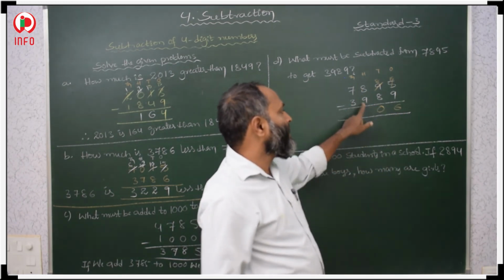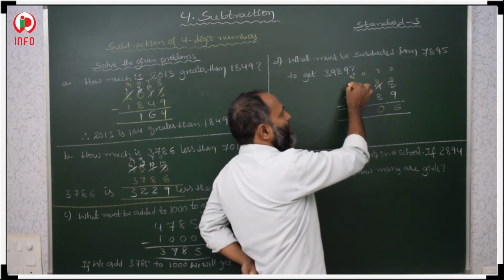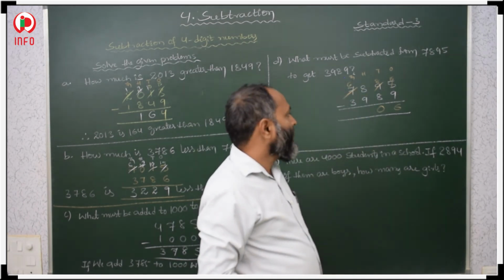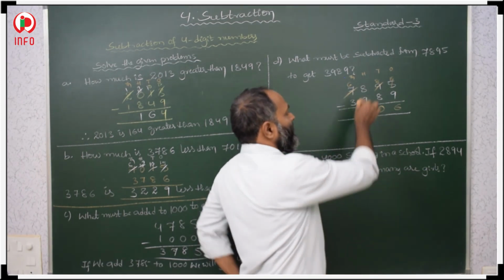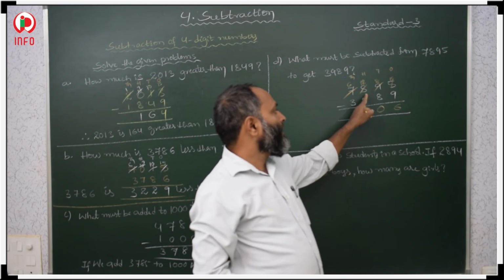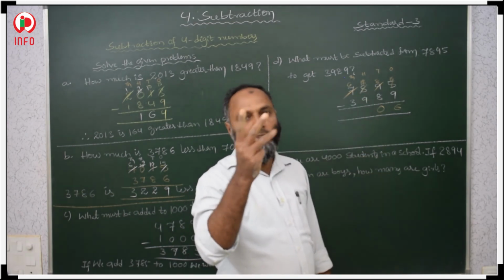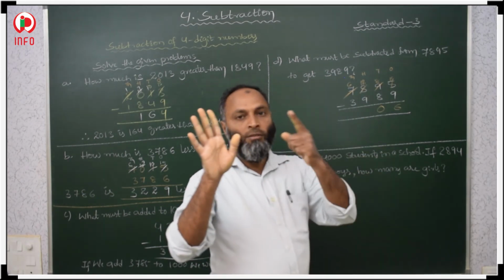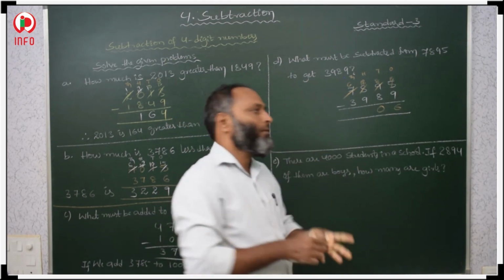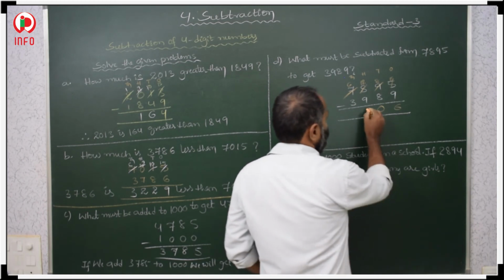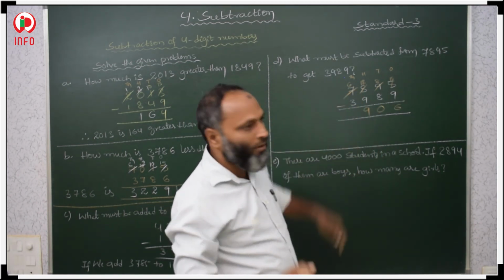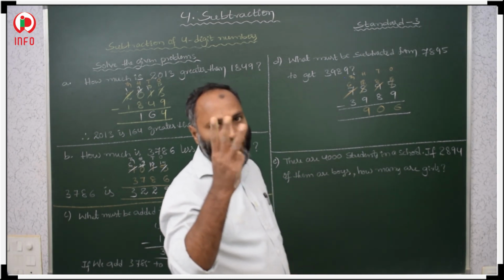8 is less than 9. Again you take a borrow from thousands. 1000 means 6 thousands left. 1000 is equal to 10 hundreds. 10 plus 8, 18. 10 to 18 you have to count. 10, 11, 12, 13, 14, 15, 16, 17, 18. Total 9. 6 minus 3 means 4 to 6 you have to count. 4, 5, 6. It is 3.